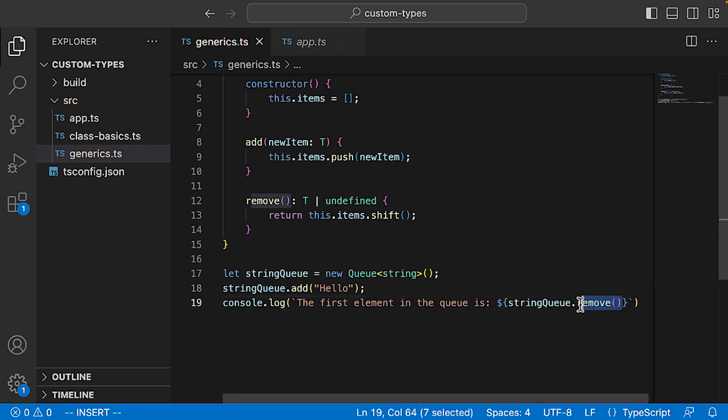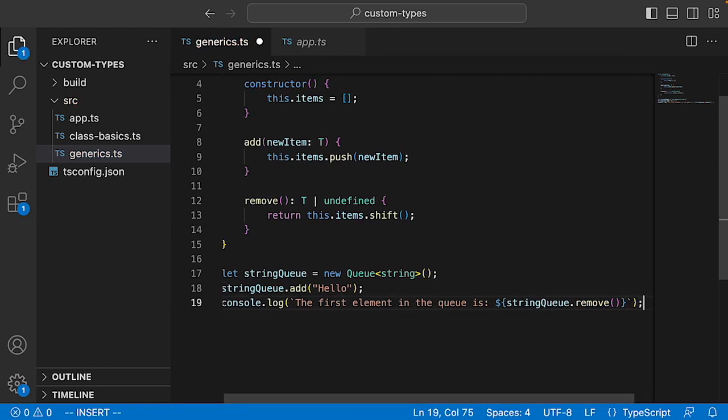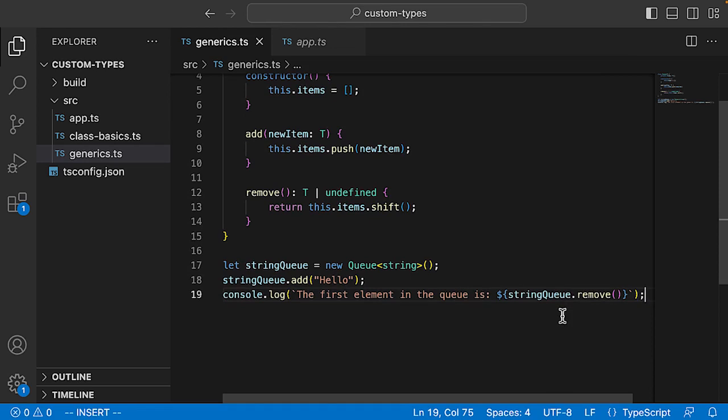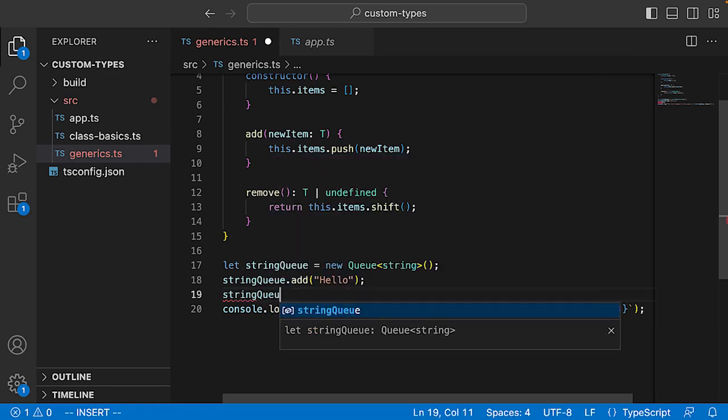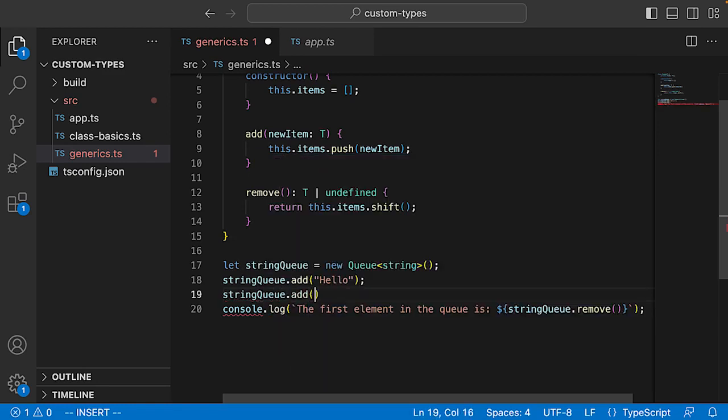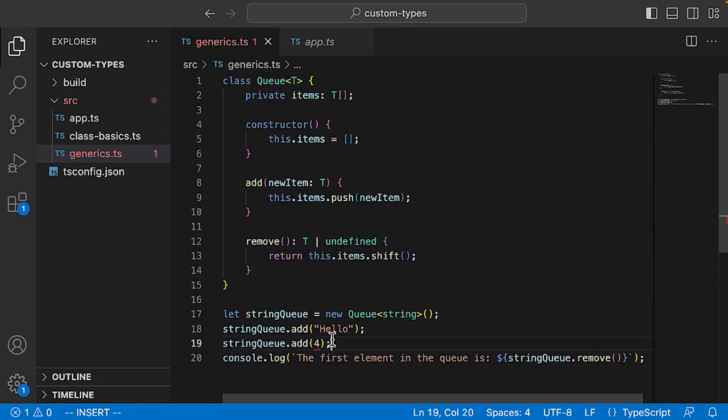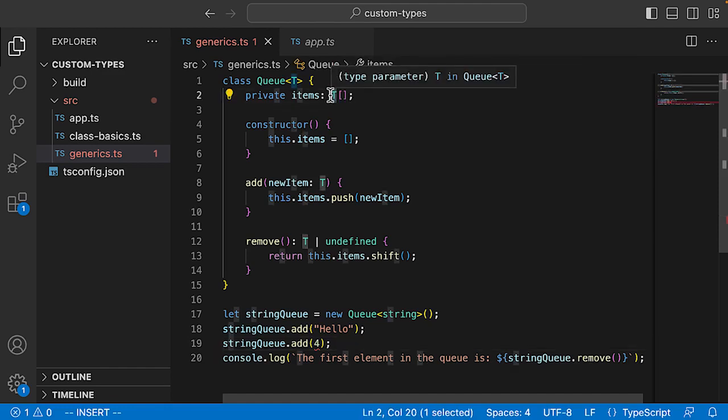And that would take the first element off of the string queue and print it to the console. Okay, now again, with this string queue, notice that if we try and say string queue dot add and add any other type, such as a number, that's going to give us an error. And that's the difference between using a generic type like we did here and the sort of lame shortcut way